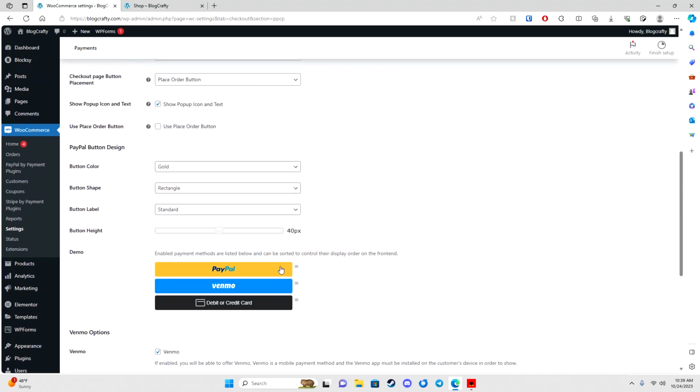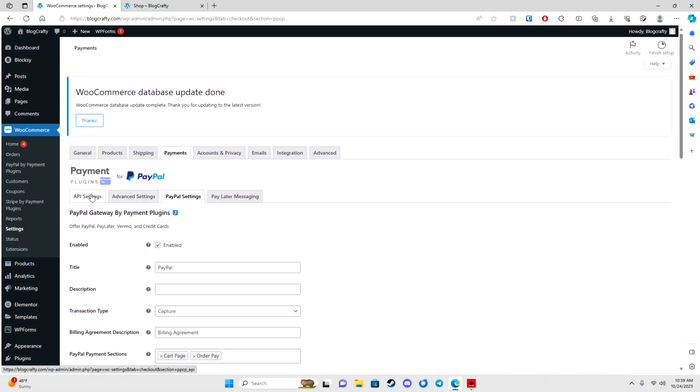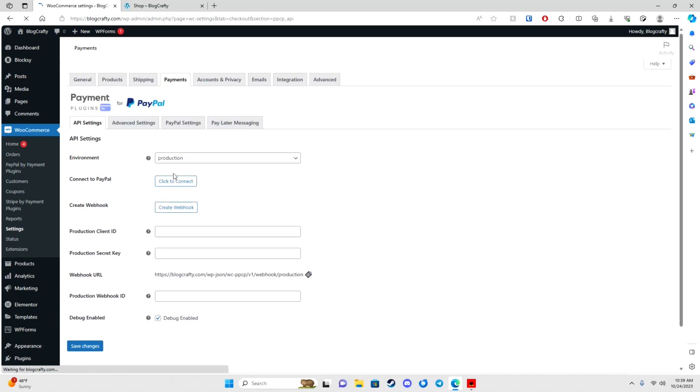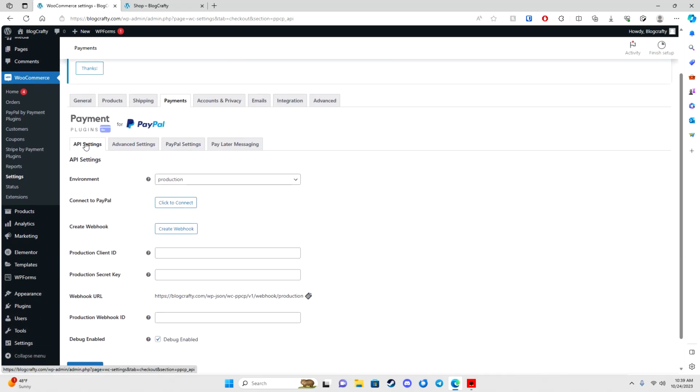And once you add everything here, it's gonna ask you to activate it. So you're gonna click here where it says API settings and click connect, and that will automatically connect to your PayPal. You just gotta log in, and it will automatically pull your credentials to your website. Very simple to do,